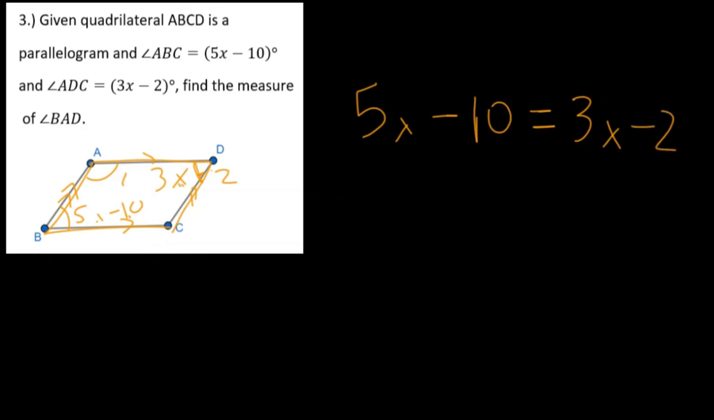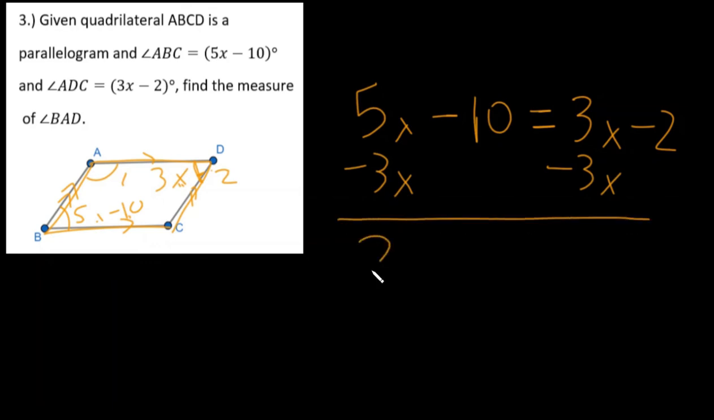And from here, we just have a very simple algebraic equation to solve. Remember, when we have x's on both sides, we always want to move our smaller x, so we can subtract 3x from both sides, minus 3x. And as I write this, ask yourself, what is 5x minus 3x? Well, that gives us 2x minus 10, which will of course equal